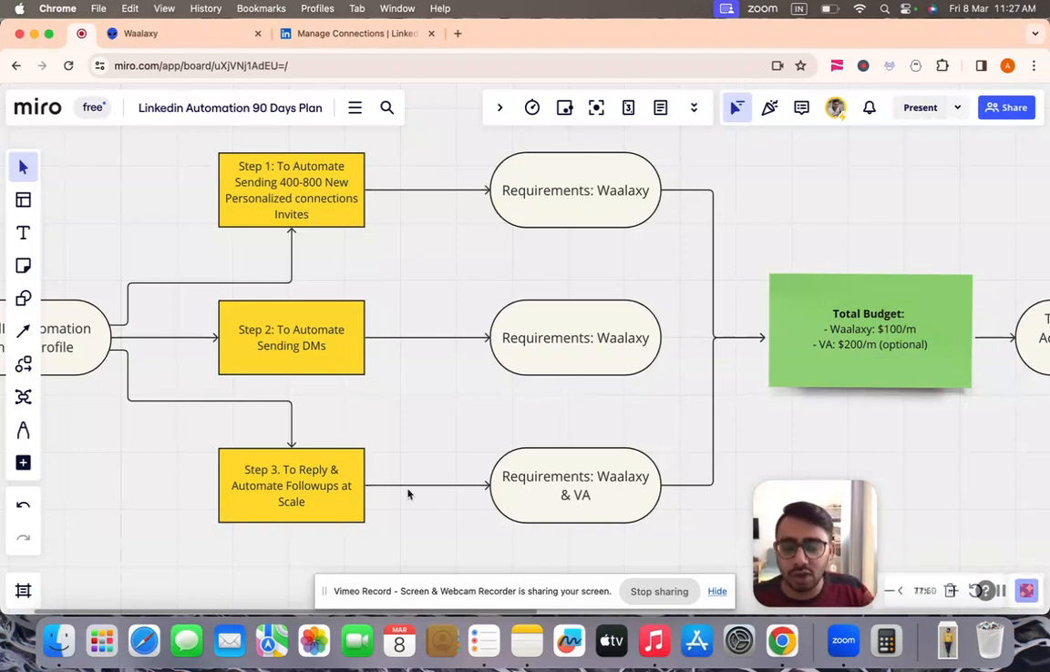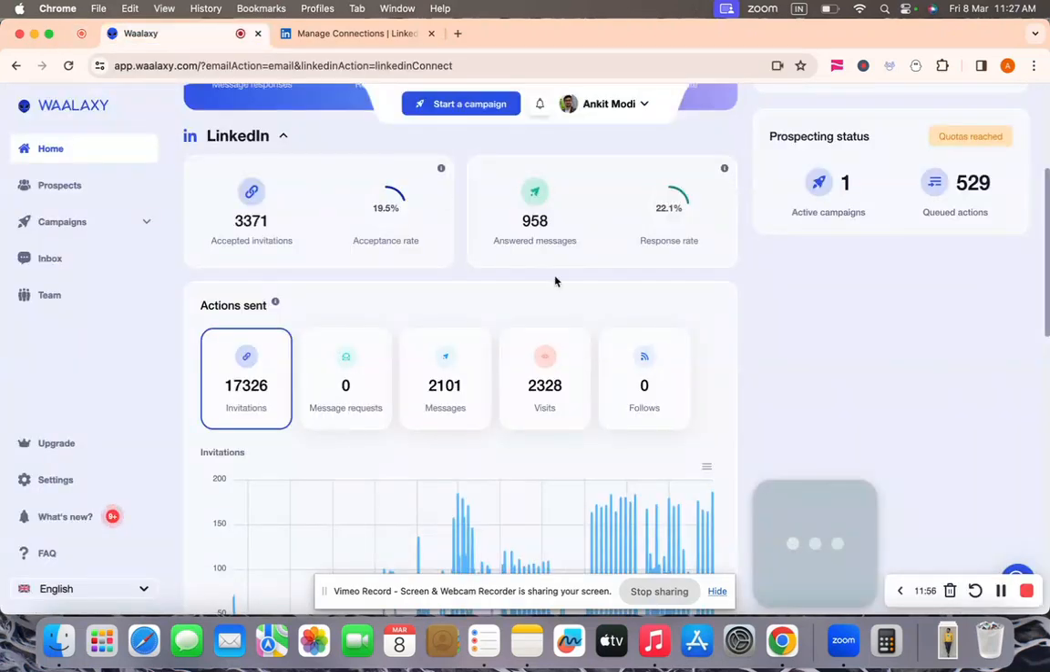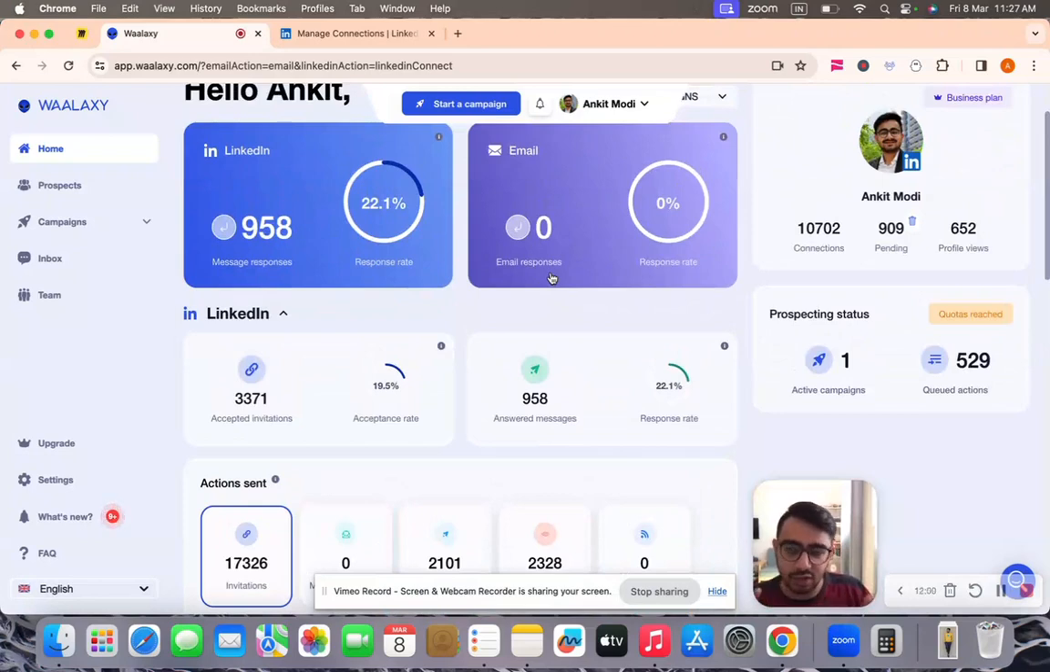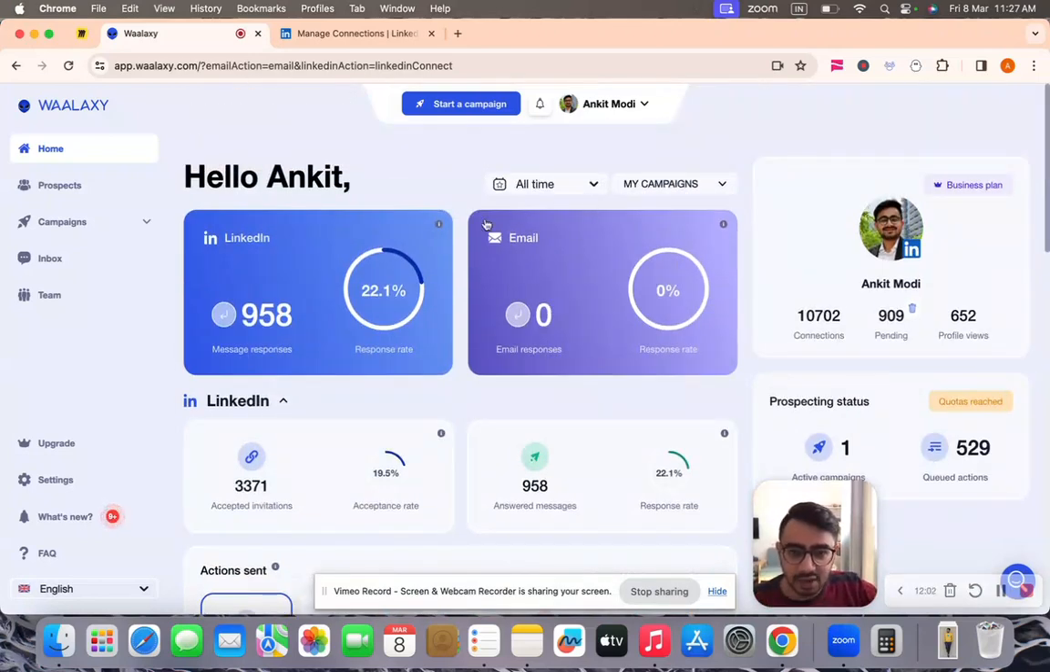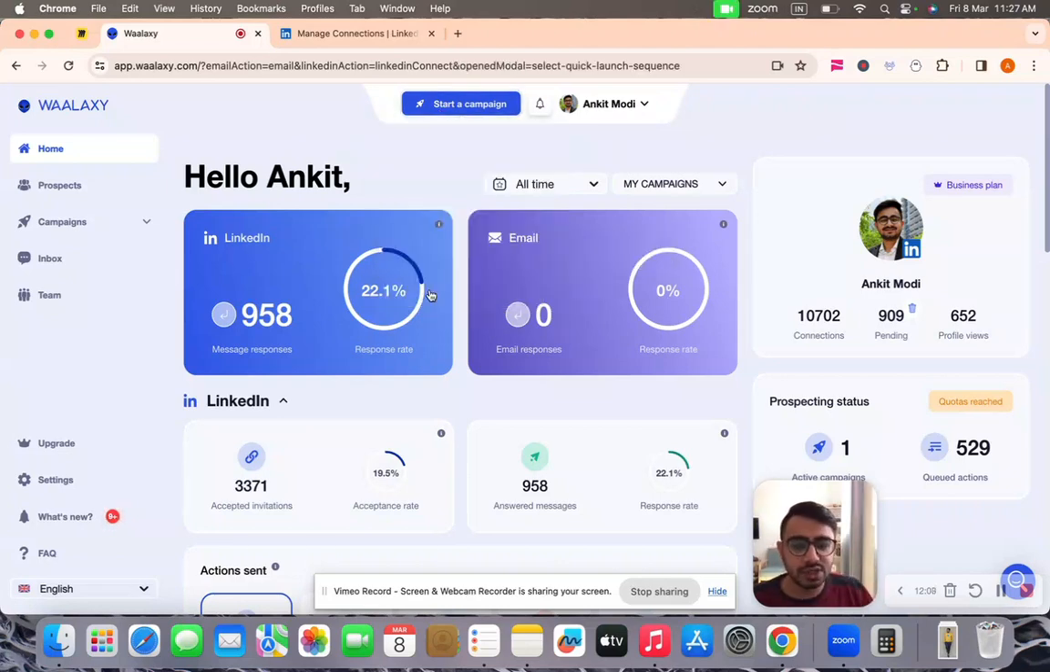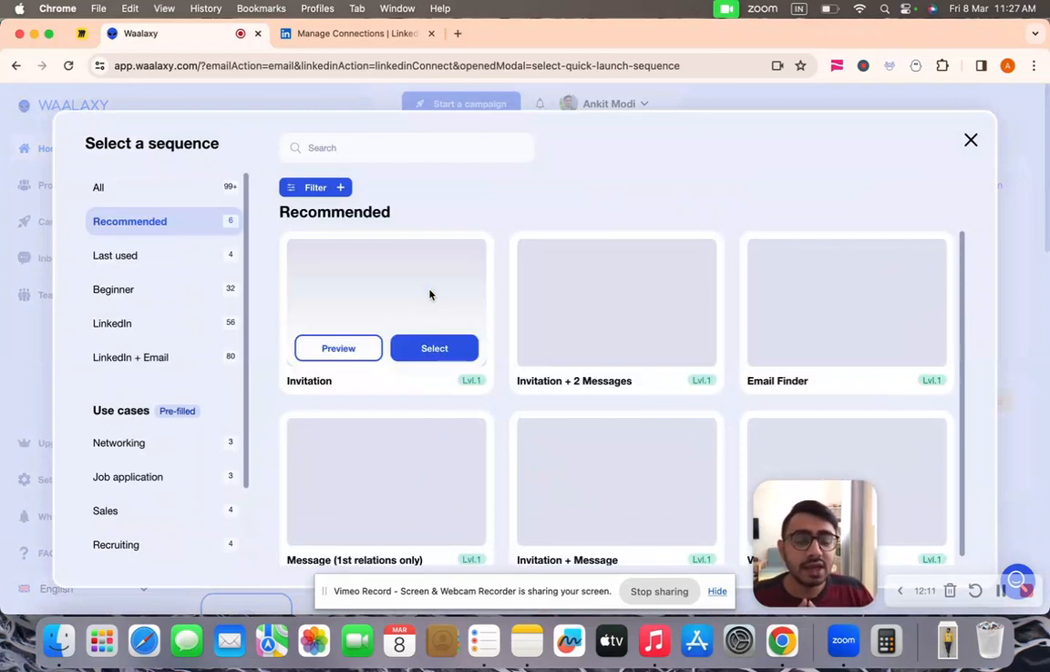Now, how do we do all this thing? What is the exact process to do this? And I'll give you the exact system that I'm using to now manage my Waalaxy campaigns. Now, over here, as you can see, there is an option, start a campaign. All right, so once you click this, there are sequences. Once you click browse sequences, Waalaxy has already created so many